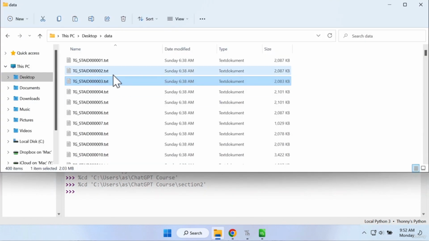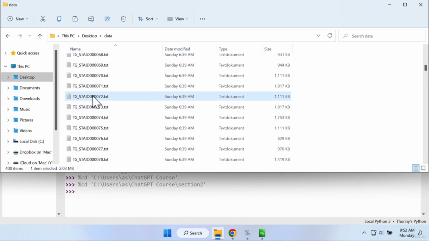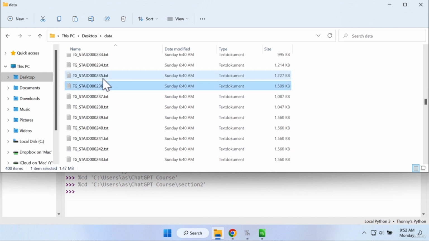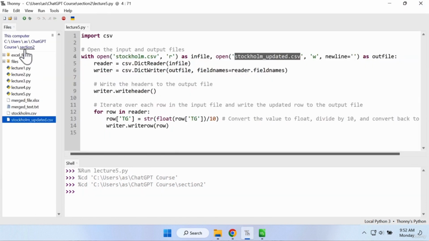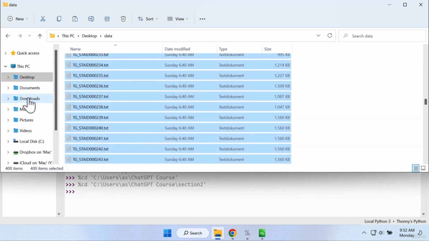Please find attached a zip file which contains 400 text files. So I want you to please unzip those files and then copy those files. Copy them all and then go to your section 2 directory. So section 2 is where we were working on in Thonny, right? Section 2. So in your Windows Explorer or Mac Finder,